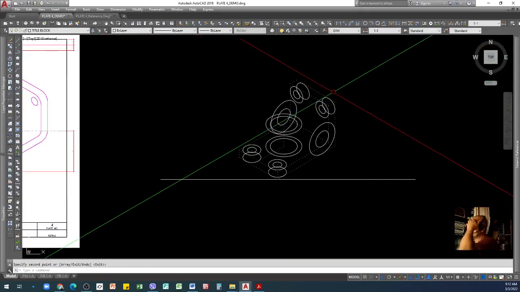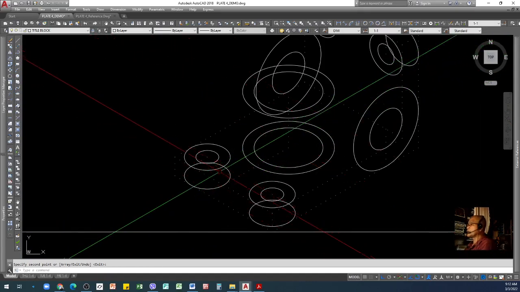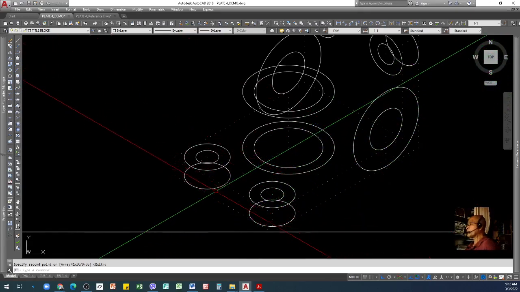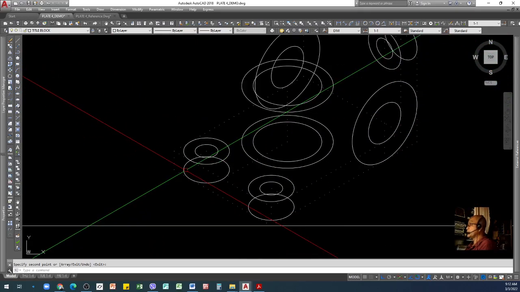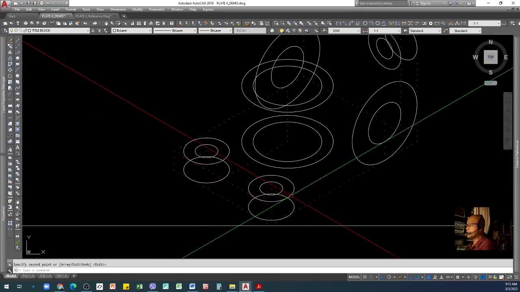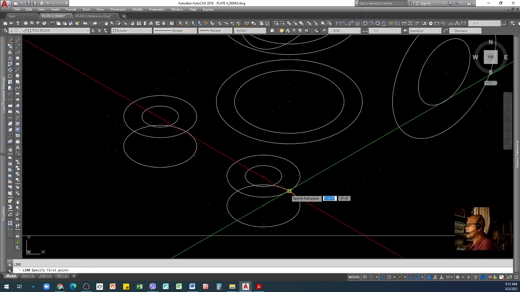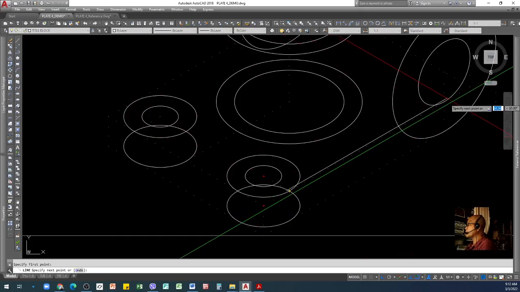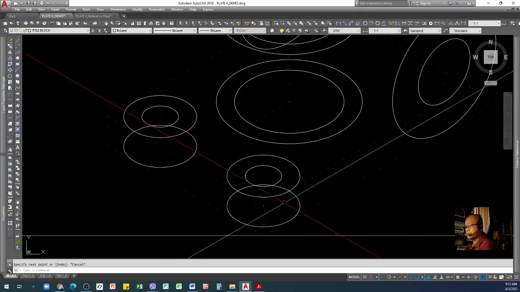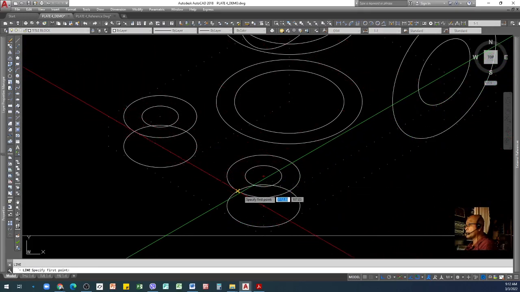Okay, so it's quite complicated now. So all we need to do is trim. We will use line, connect this one here. Sorry, we'll start it from here.